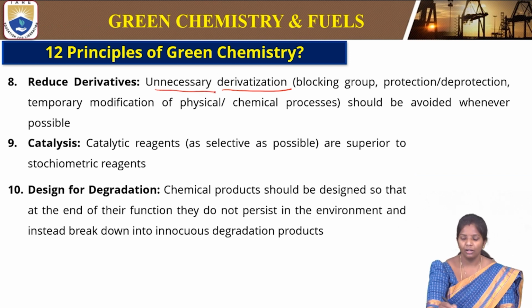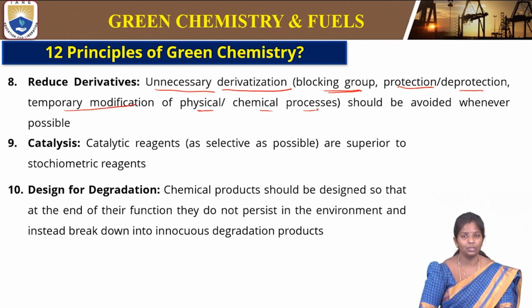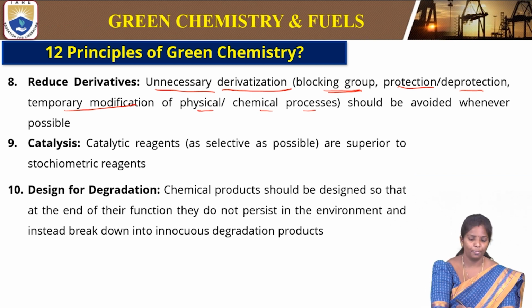It means blocking some groups at the molecular level, or protection, deprotection, temporary modification of physical chemical processes that we do for those reactants should be avoided whenever possible, so that we reduce the time in manufacturing and also improve efficiency, like our